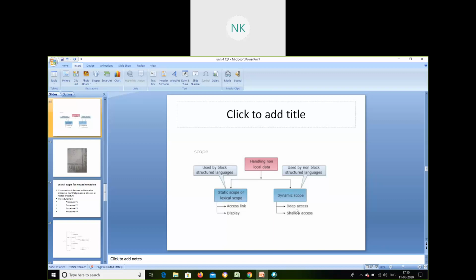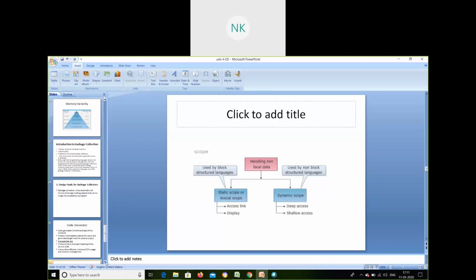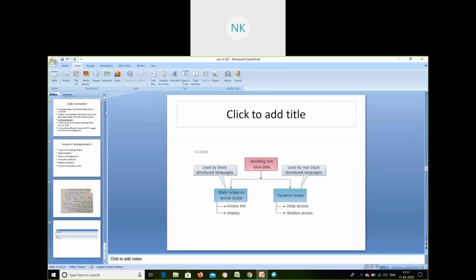A shallow access will keep a central storage. It will create one slot for every variable. So every variable will be in one slot.